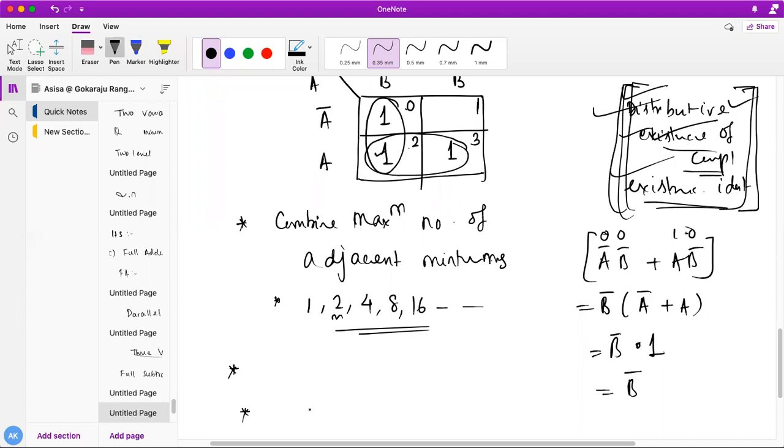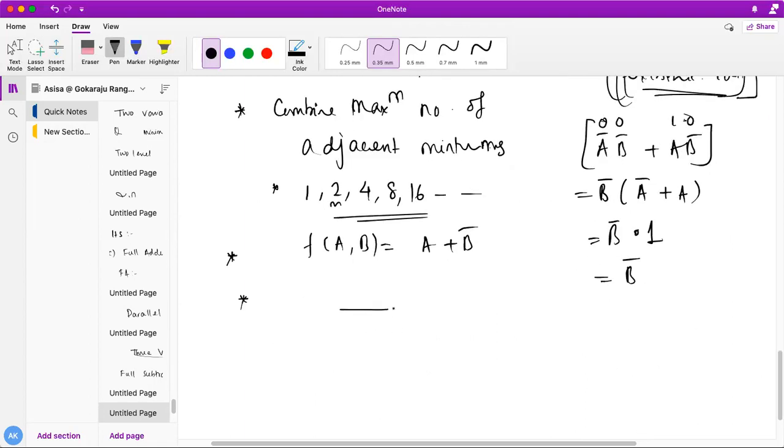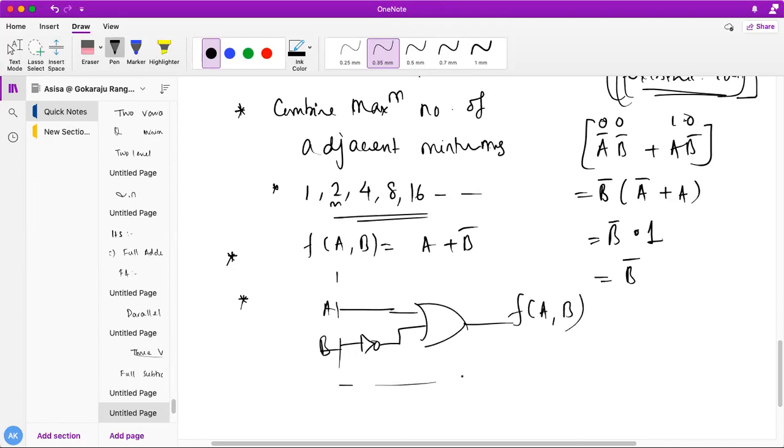These are the rules you apply to combine the min terms to minimize the given function. So what do you get from group one? What is common? The common is b bar. What is common over here? A. So I have finally got my reduced, or minimized, version of the equation: a or b bar. You can also realize it: this is a, this is my b bar, and you can realize it by just taking a or b bar. So this is my f of a b, which is a minimized digital circuit.